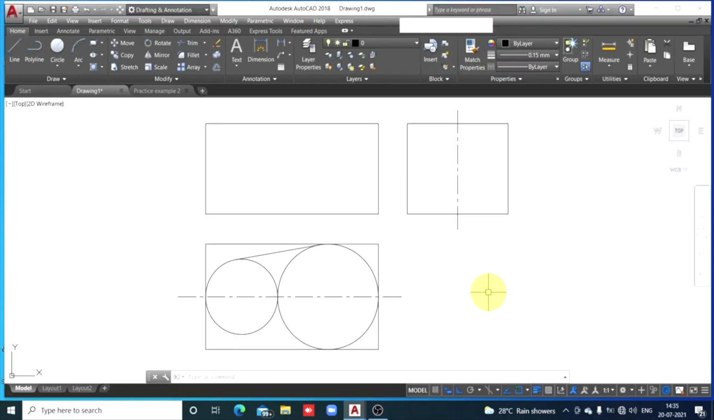Hair cross with a rectangle at the center, that means you have escaped from the command. Now we are going to draw an identical line on the front side also, that is a line tangent to these two circles. To select the earlier command, in this case the line command, what you should do, press space bar